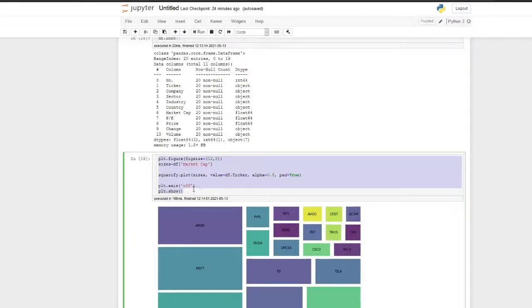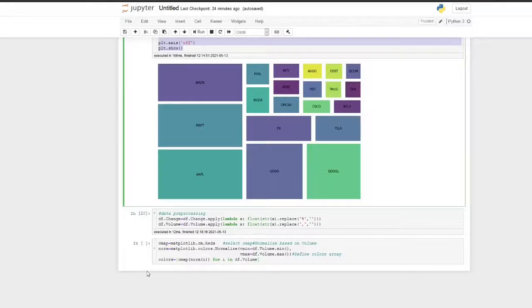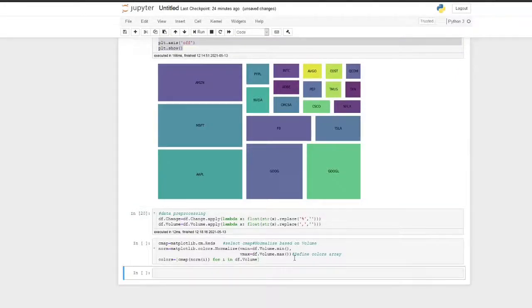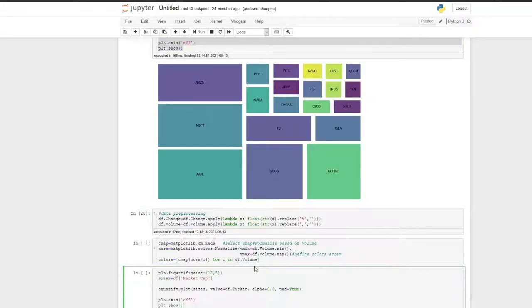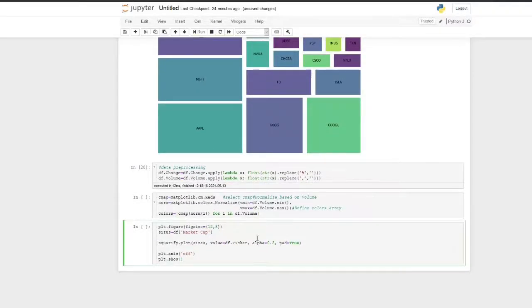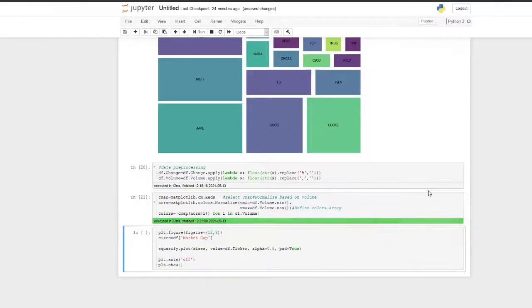So I will just copy the previous tree map code and run this. Now colors are selected depending on the volume.